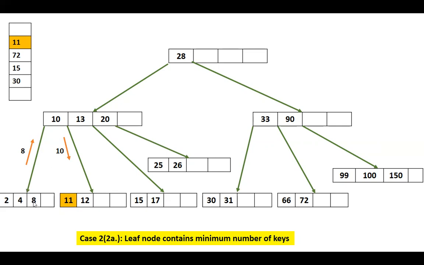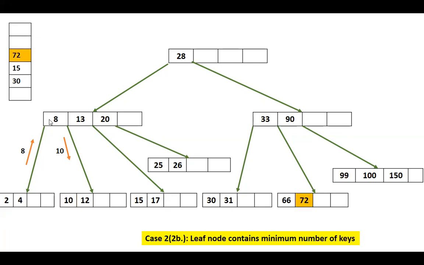So when it has a left sibling having an extra key, then whenever you're talking about the left side, the maximum key from this node will move up and the root will move down, right? So 8 will move up and 10 will move down and 11 will be replaced. Fine. So 8 is the new root now and the root 10 is moved to the right node. Fine.